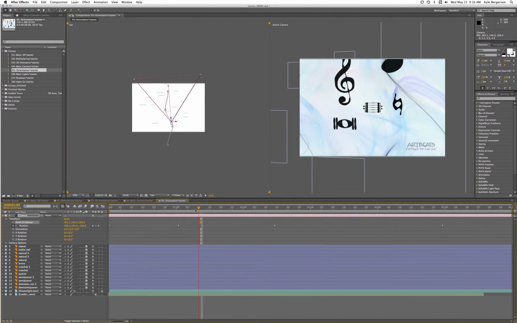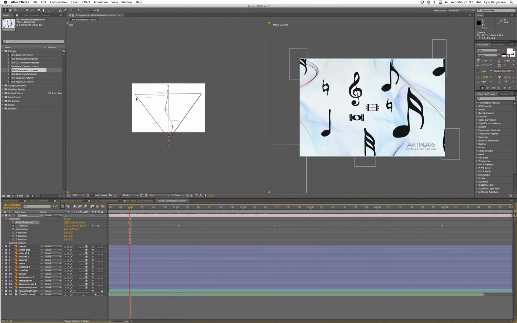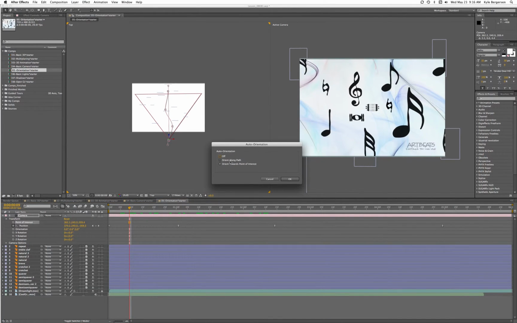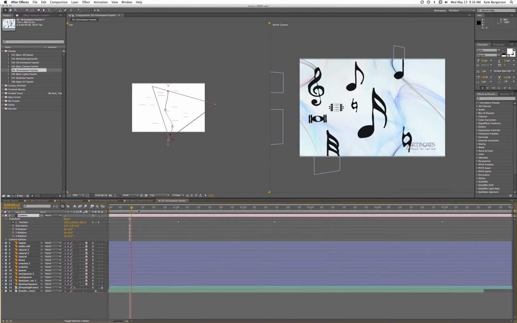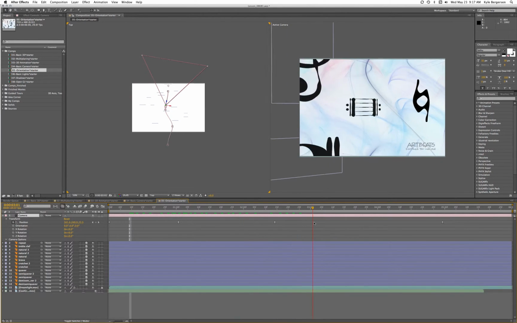So right now it is always looking at its point of interest. But what they want us to do is orient the camera so that it is looking down the path, the wavy path, until it reaches the end. And so we'll do this by hitting Layer, Transform, Auto Orient, and we will orient along path instead of point of interest. And now as we go through, you'll see that the camera is always facing down the path now, and it's